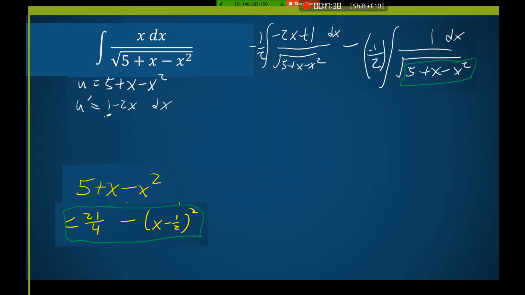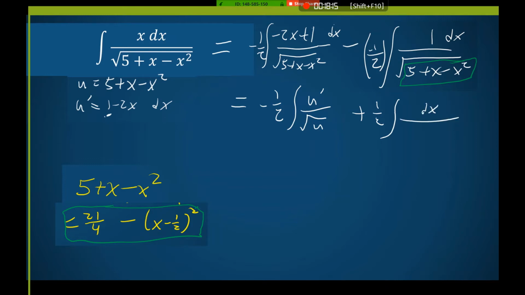Okay, so I'm going to keep going. For our left side, we said this could be -1/2 times, if I substitute, u prime is 1 minus 2x, so that's 1 minus 2x is u prime on top, over the square root of u. And then if I substitute for the right side, a negative times a negative is a positive, so this is plus 1/2 times the integral of dx over the square root of, if I substitute the green for the green part, this will become